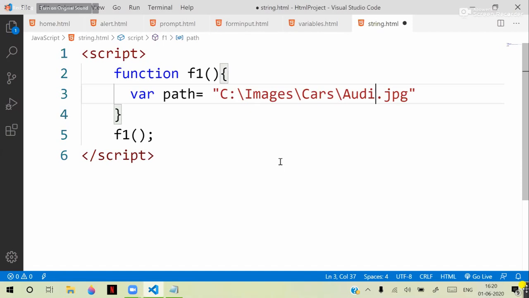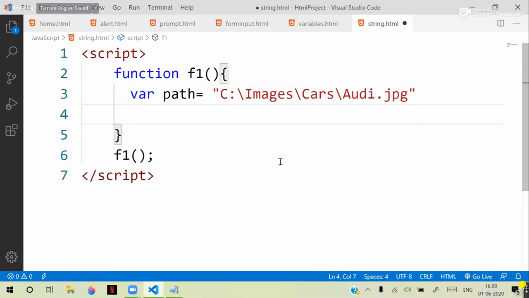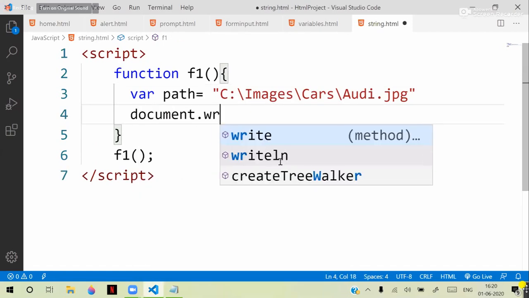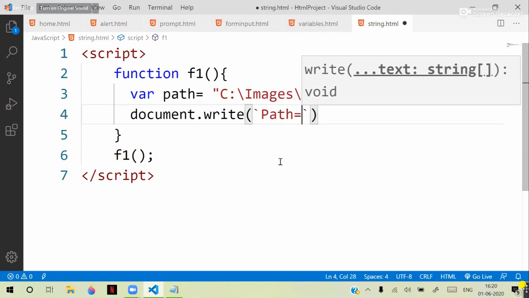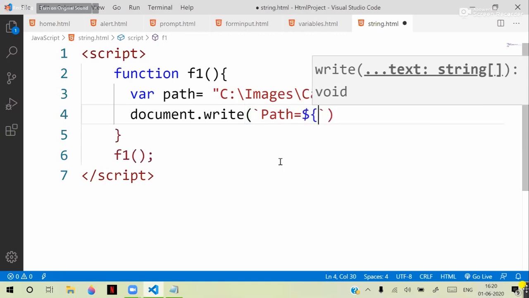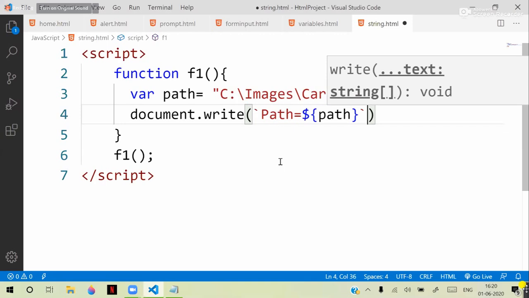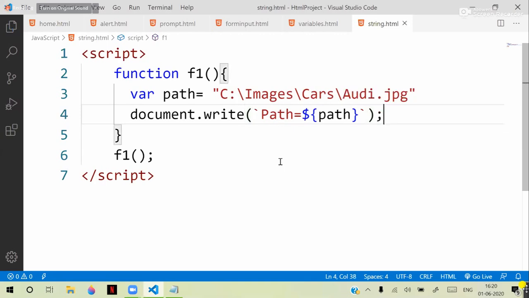Now I am printing this, that means document.write. So I am printing the path, path is equal to $path. Now when I run this,